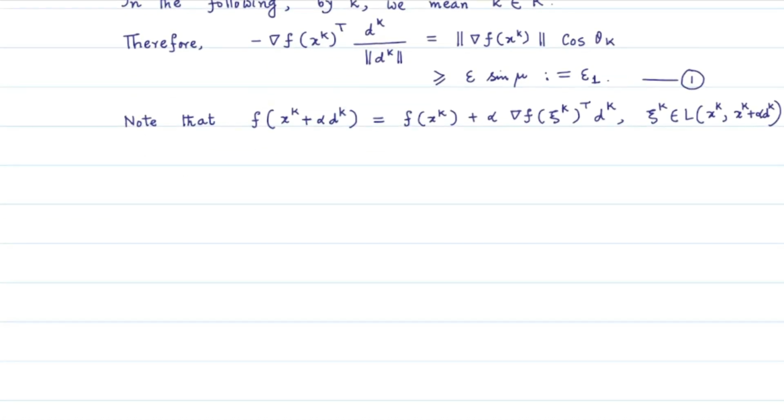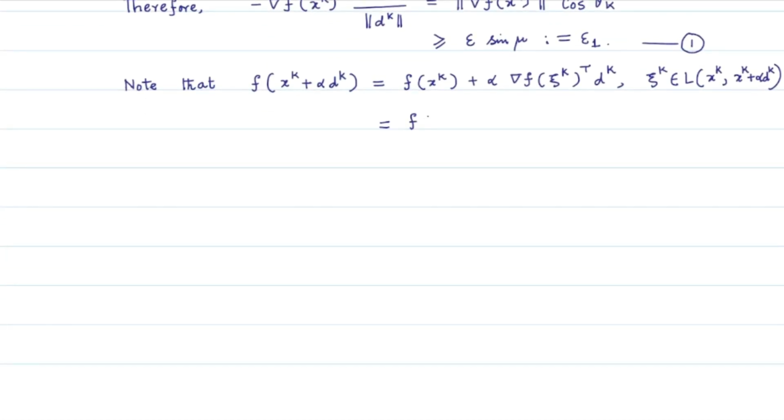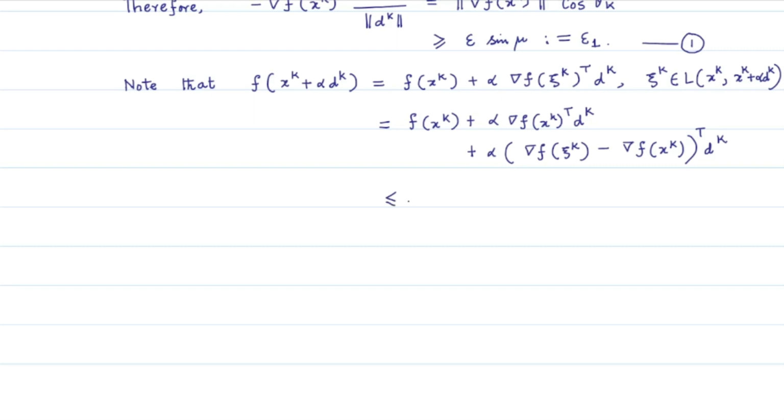This right hand side expression further can be written as f xk plus alpha times grad f xk transpose dk plus alpha times grad f xi k minus grad f at xk, its transpose times dk, which by Cauchy-Schwarz inequality is less than or equal to f xk plus